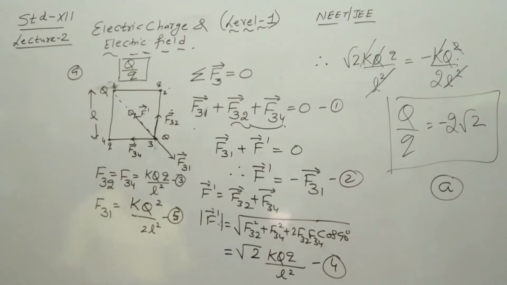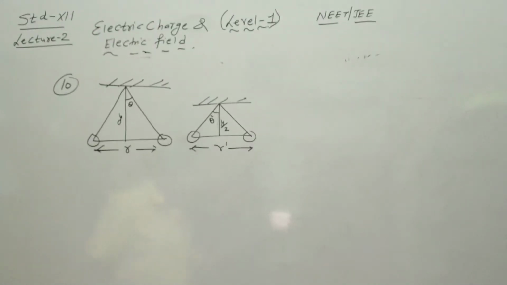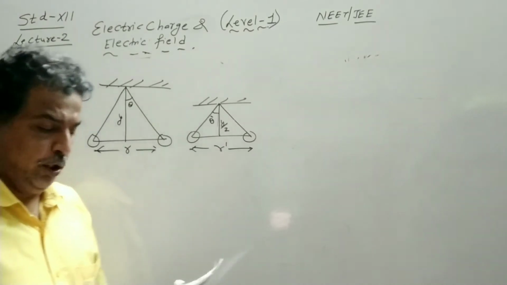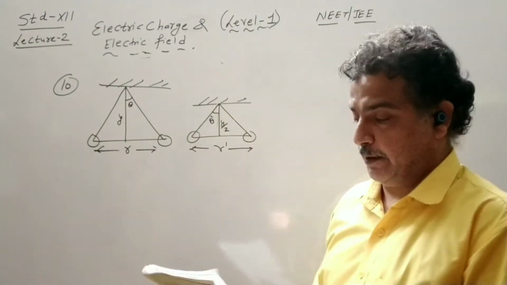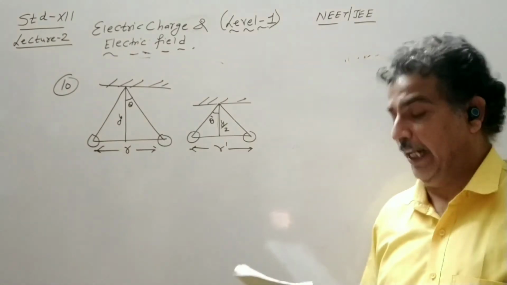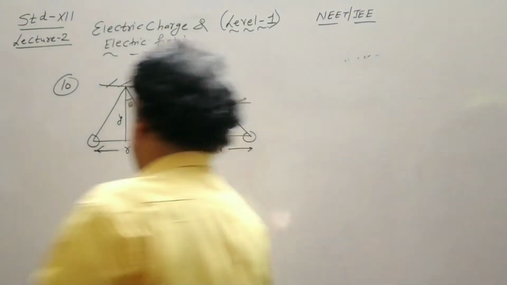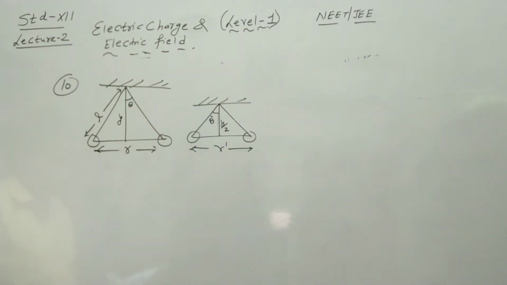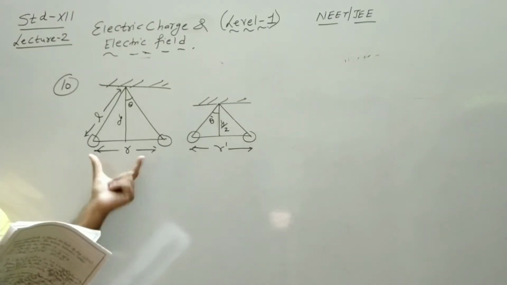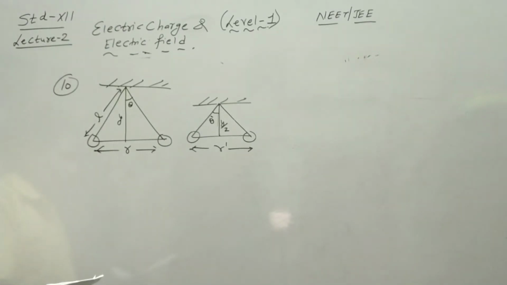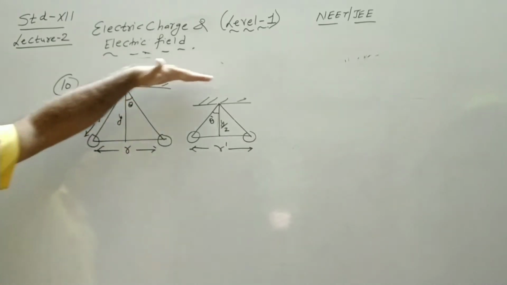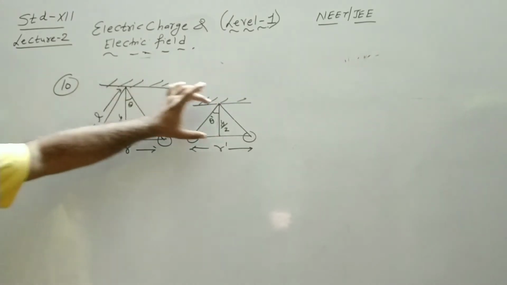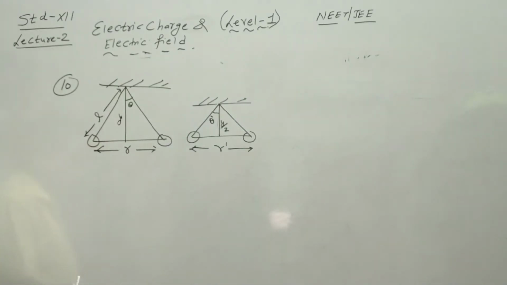So let us now move to question number 10. Two pith balls carrying equal charges are suspended from a common point by strings of equal length. So the length of the string here is equal. The equilibrium separation between them is R. Now the strings are rigidly clamped at half the height. The height has been reduced to half. This was y, now this height is y by 2. Now you have to find out what is the equilibrium separation between the balls.